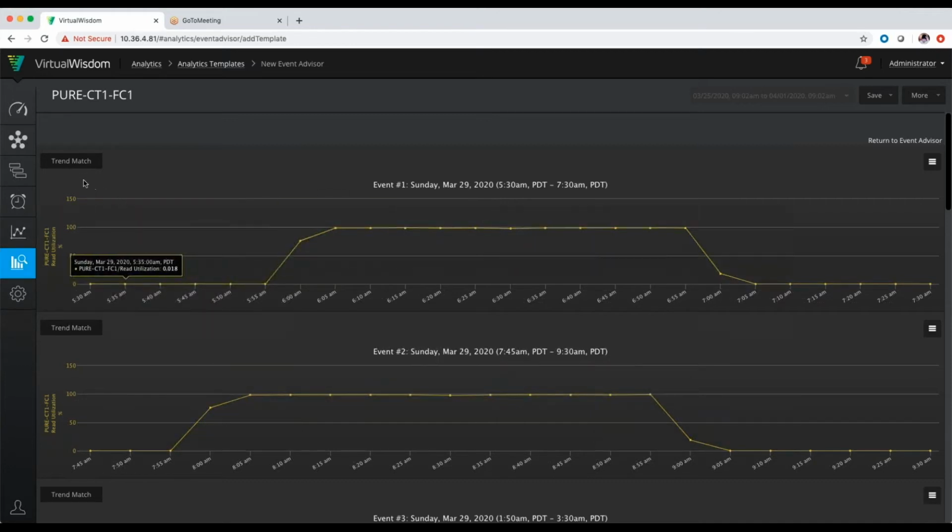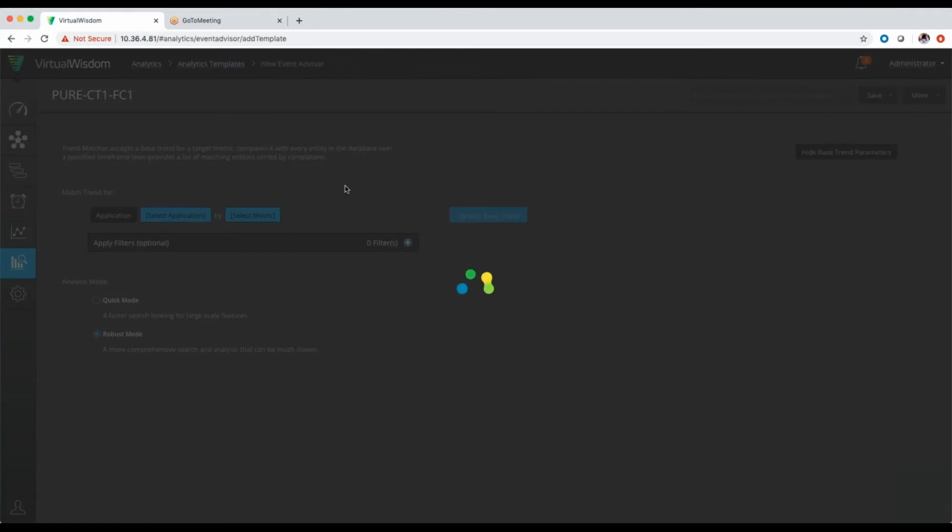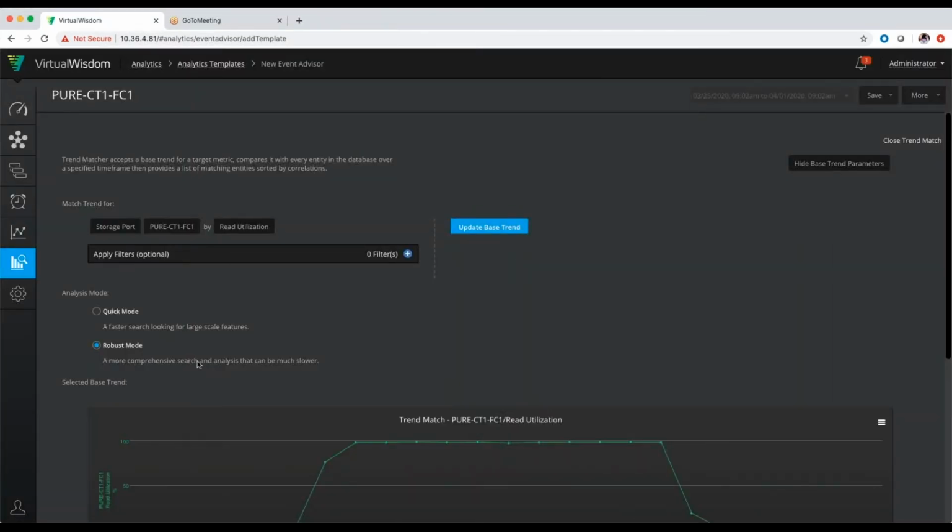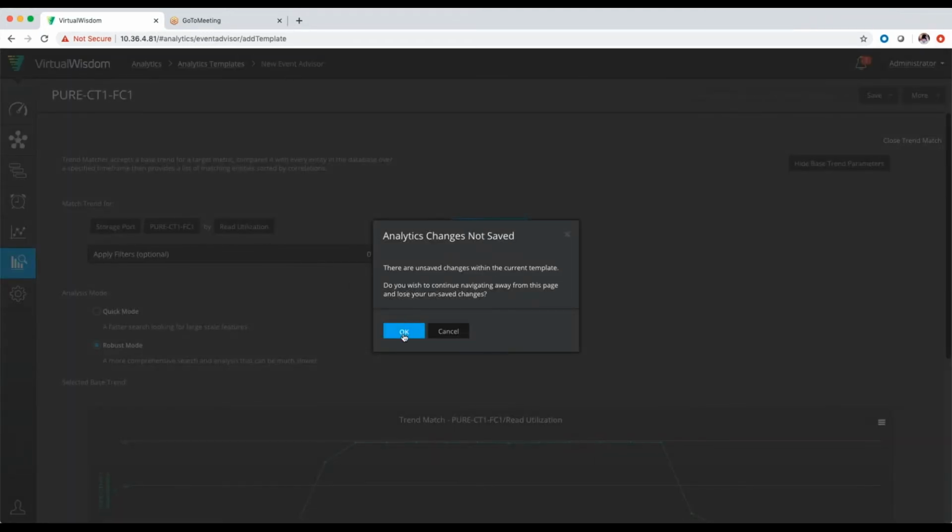From here, you can jump to trend match, which will port the information over into our trend match analytic and allow you to do analysis around that analytic. For purposes of this demonstration, I have already pre-populated this over into our trend matcher analytic, which, if I click on this, would take it over and pre-populate for you and show you what you can run. For purposes of this investigation, I'm going to show you a pre-run one to save a little bit of time. So if I go back over to my analytics and I say OK,